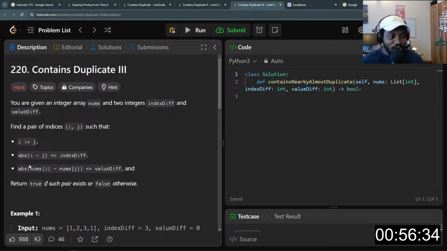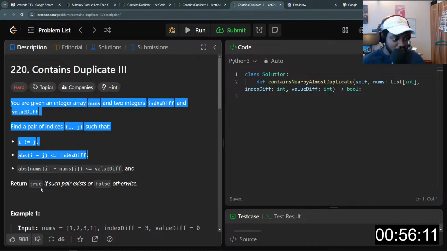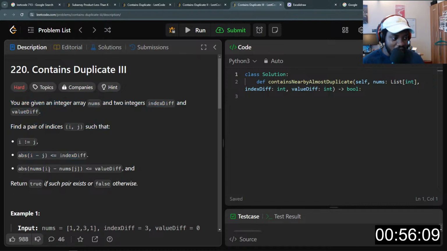So the absolute value of the differences, in this case here, is k. This will be the actual value, right? i is already not equal to j, which is good. So how do we do this? I can solve this part. So the next part is to use the actual value from the array, right?